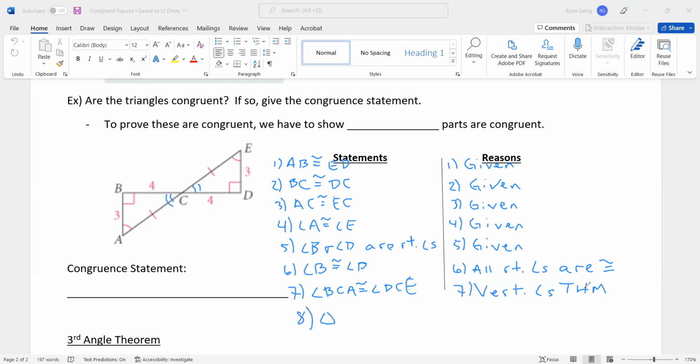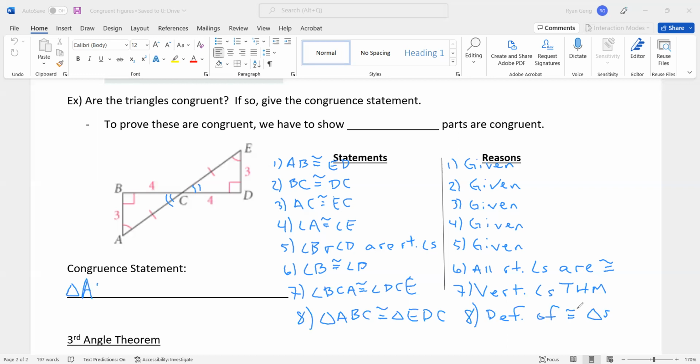triangle ABC is congruent to triangle, and A matches up with E, B matches up with D, and C matches up with itself. And the reason for that is, well, if all 6 parts are congruent, that's the definition of congruent triangles. Okay. Long proof, I know, especially hard when I'm writing with my finger, but last thing here, the congruent